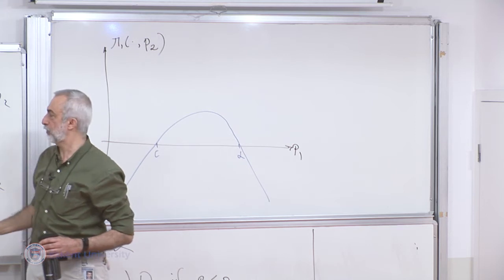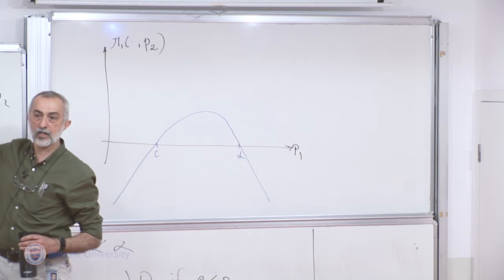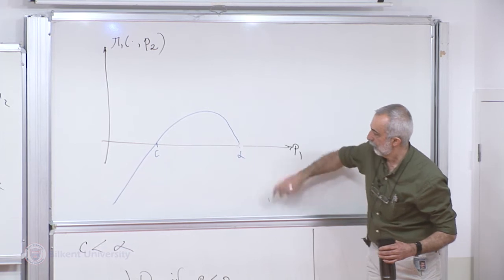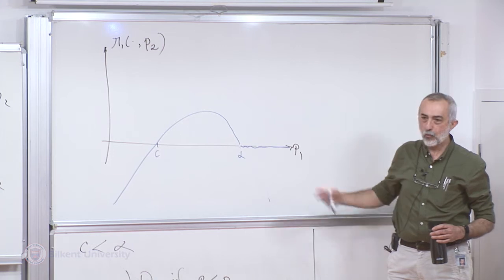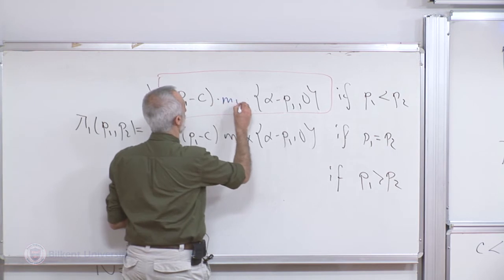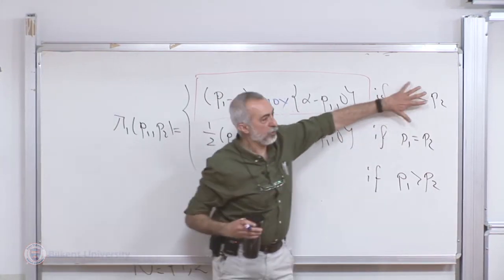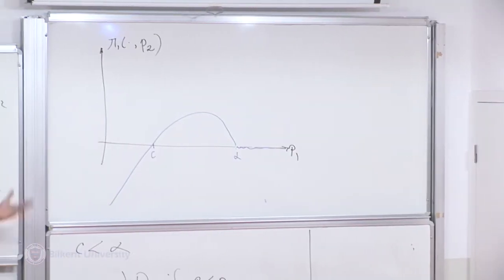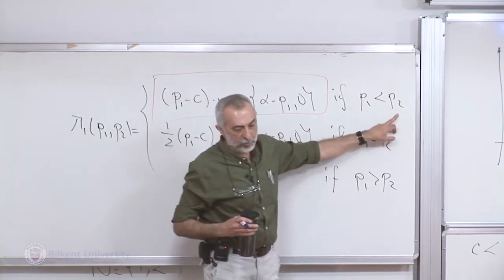Okay. Unfortunately, the function does not always behave like that. First of all, when P1 is bigger than alpha, this number is negative, so it is equal to 0. So this part doesn't go like that. It goes 0. You see? Now one down. Now I can put the max back into the picture. Okay? So if I didn't have this part, that's my function. I'm done. But now that's not it. The profit behaves like that only when P1 is less than P2.